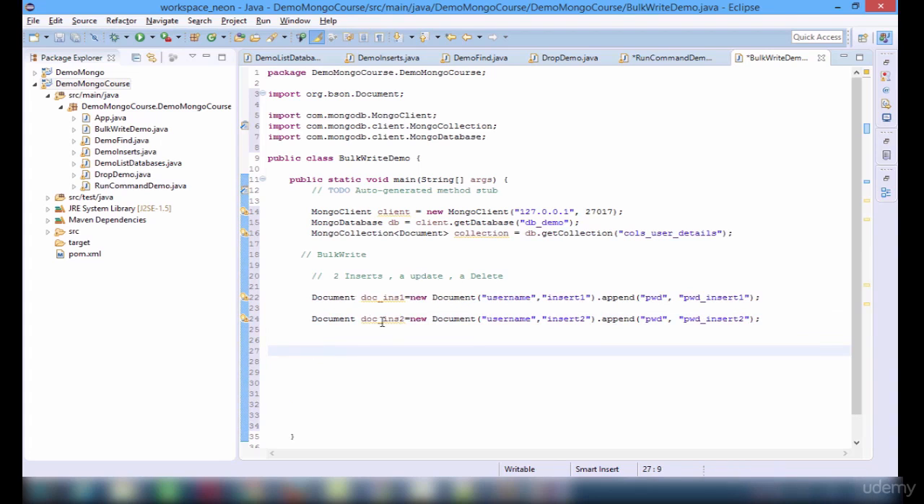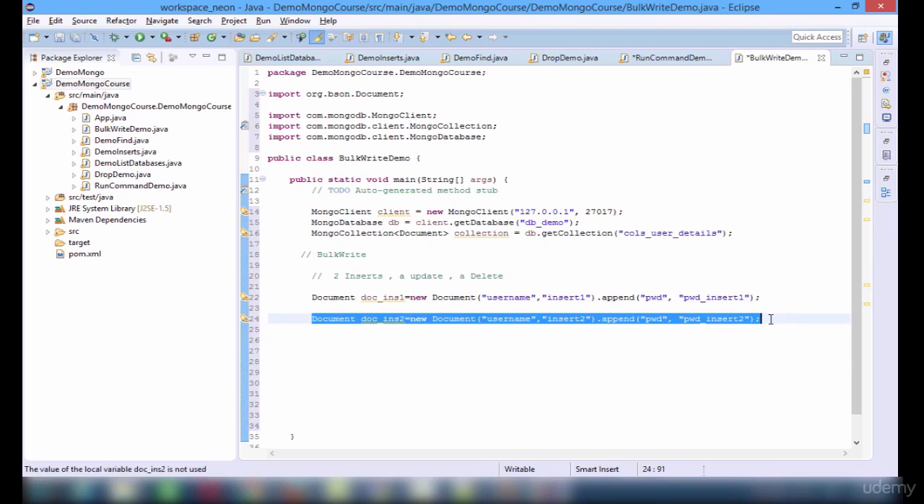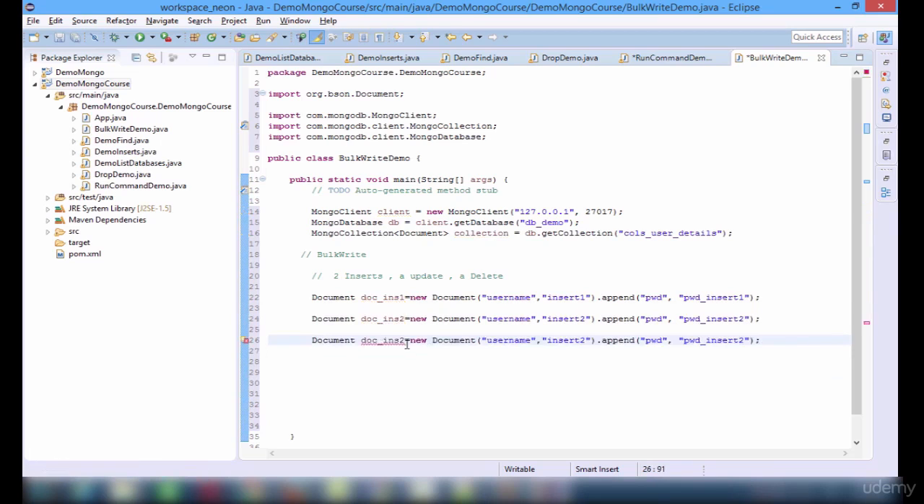Similarly for insert 2 also, I'll be doing the same. Insert 2, and the password is going to be insert 2. Now for update,